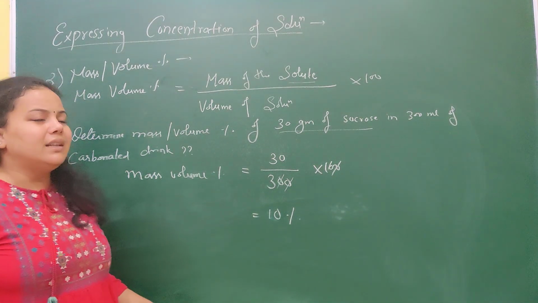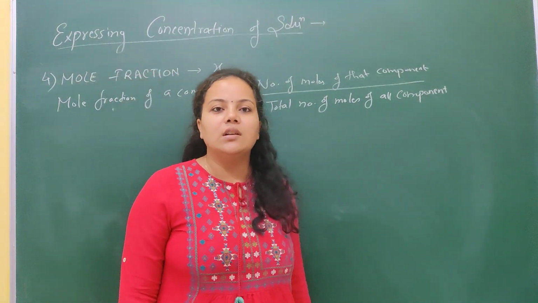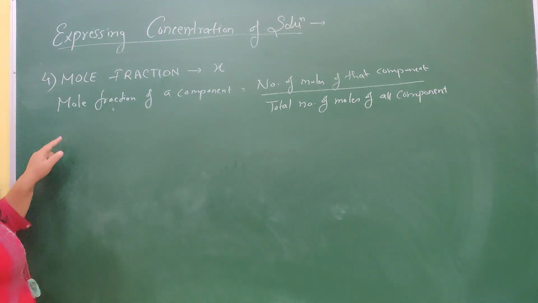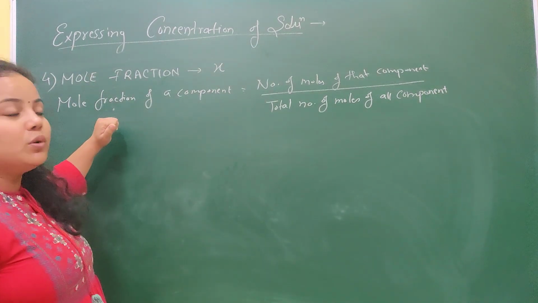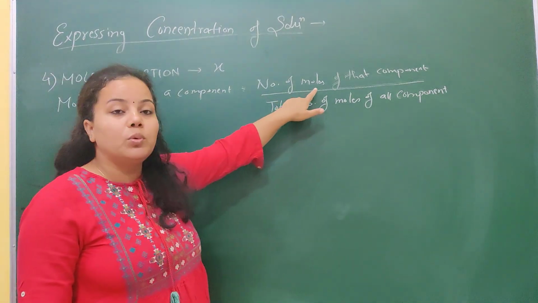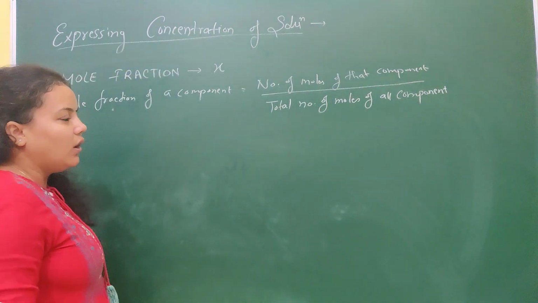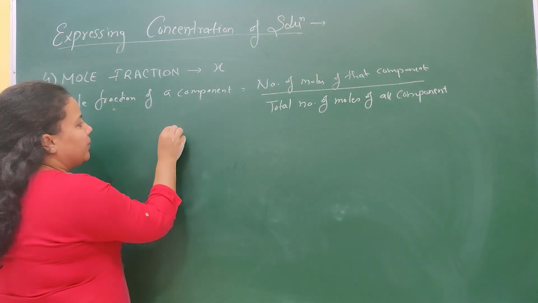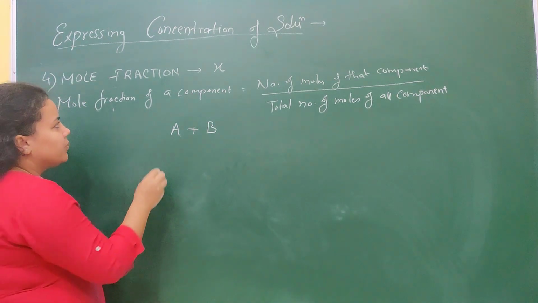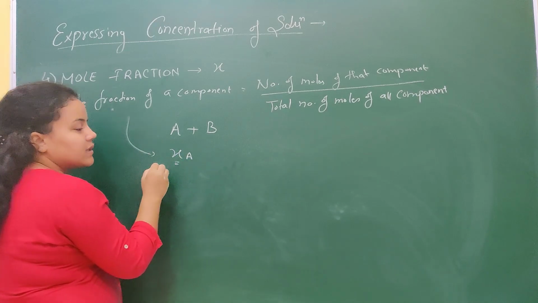Now another way of expressing concentration of solution is through mole fraction. Now what is mole fraction? Suppose I have to find the mole fraction of a component. It is the number of moles of that component upon the total number of moles of all components. Suppose a particular solution has two components, A and B. Suppose I have to find out the mole fraction of A, which is expressed by